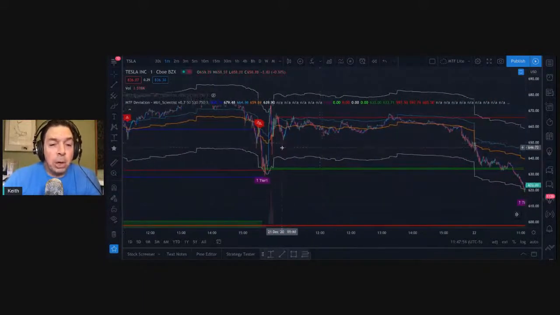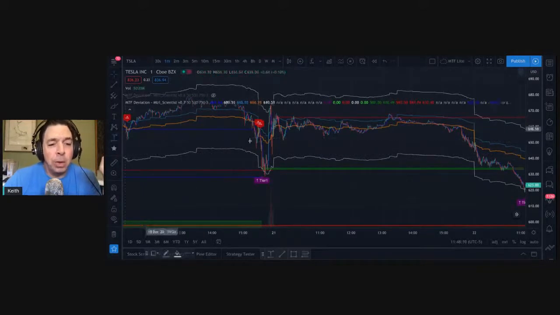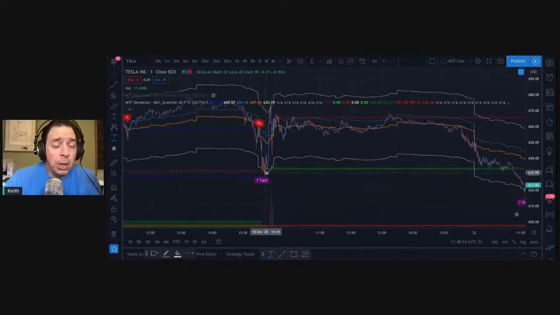If you're going to use it on different assets outside the ones that we talked about earlier, you just need to find the sweet spot relative to the volatility of that particular asset. And again, this is on a 1 minute time frame. So this is for long scalps on a 1 minute time frame. You can also, of course, use this to